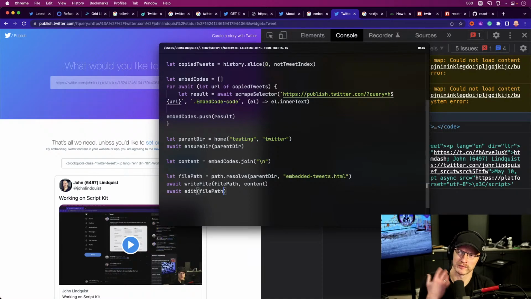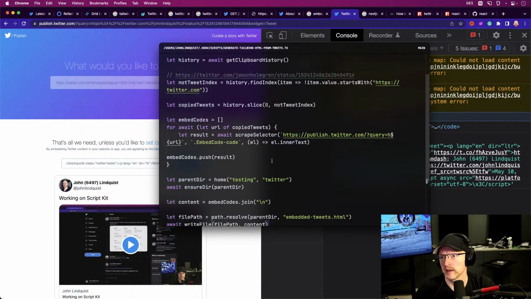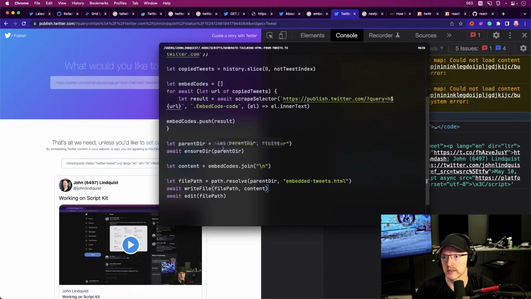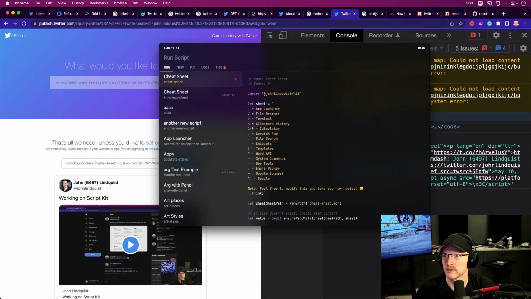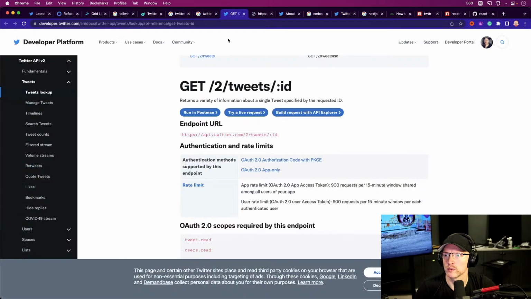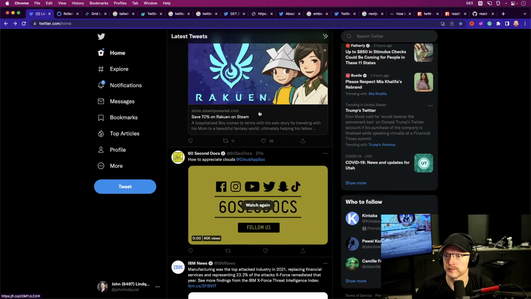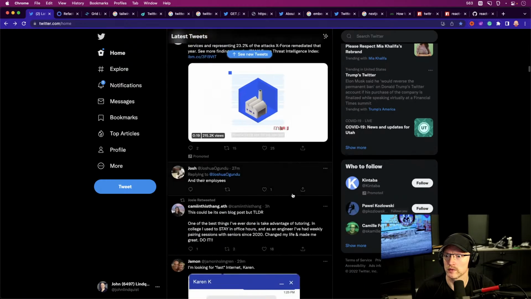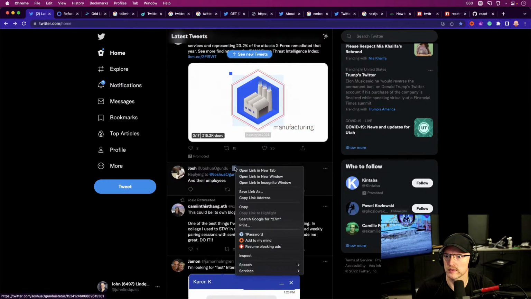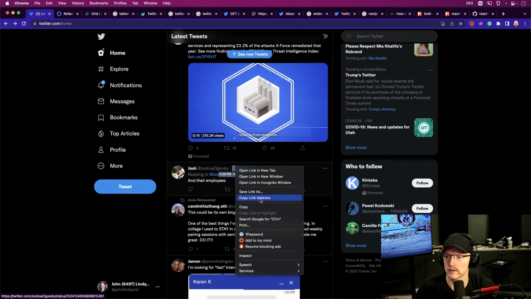I guess we could even set up a server here, like use one of the npm packages to do a quick server and host the file. Not really on my list, but I really want to see this in action. See if this works. So let's copy this link address,